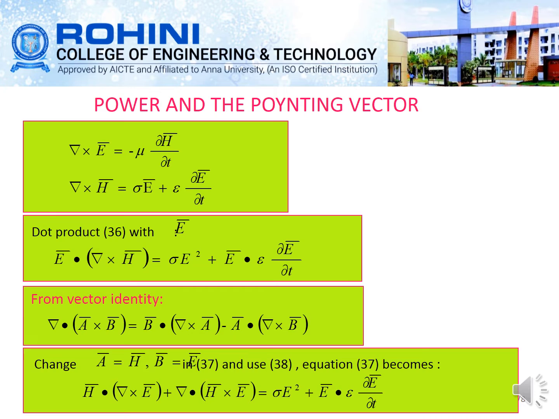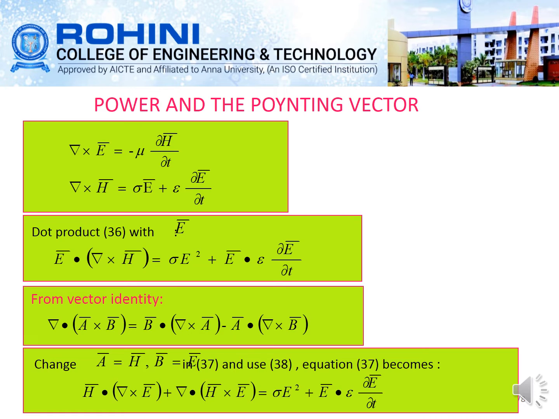So here the electromagnetic waves can transport energy from one point to another point. The electric field and the magnetic field associated with this electromagnetic wave can be related to the transfer of energy, and this can be written in terms of Maxwell's curl equation as del cross E vector is equal to minus dou B vector divided by dou t, that we are representing as del cross E vector is equal to minus mu into dou H vector divided by dou t.